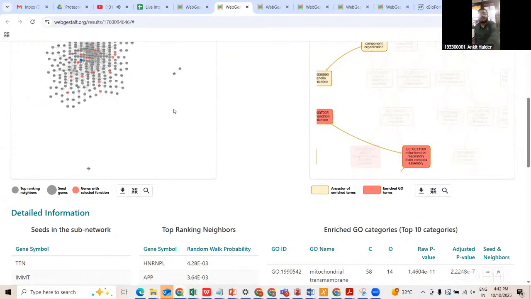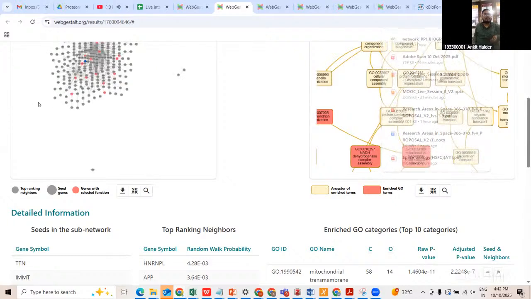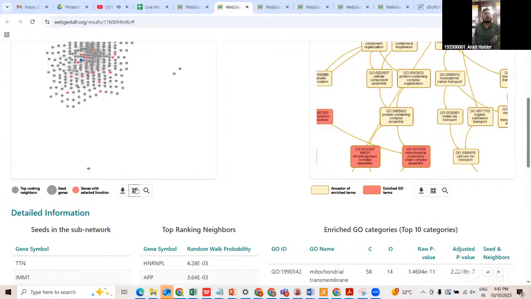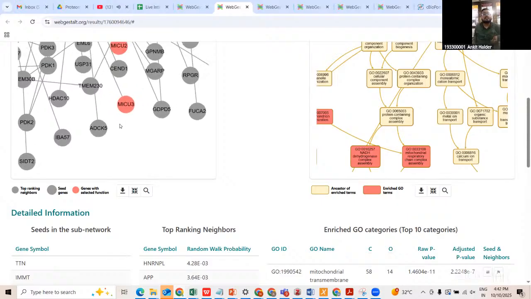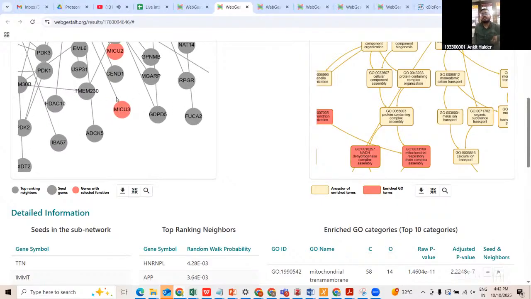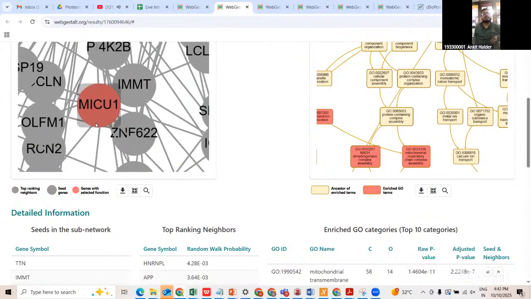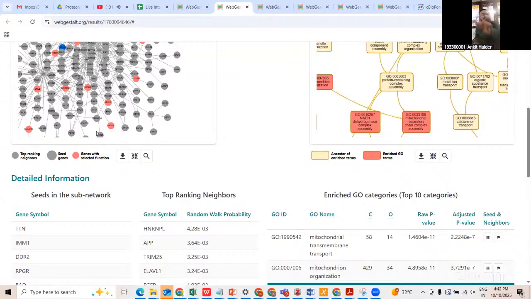Similarly, here you can download this also, and you can use it for your different reports and even publications. If you just zoom into it, you will see that this is the network, the genes with the selected functions. You can see the network where the different proteins are, and whether they are connected. Now if you go downwards to interpret this, since it is quite a complex image to understand,